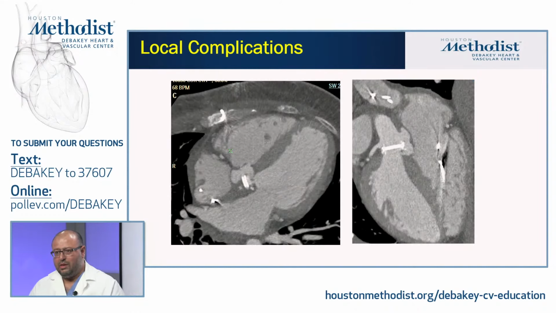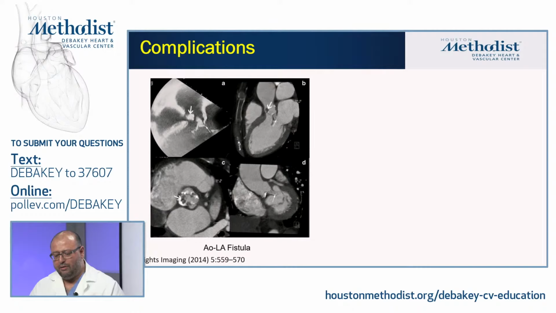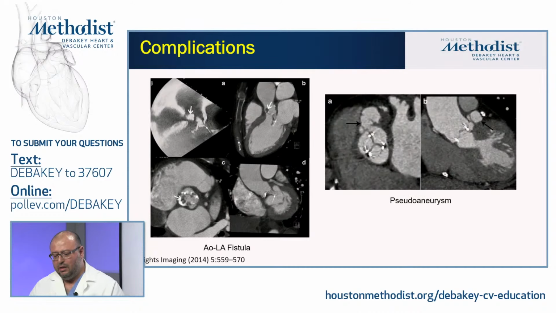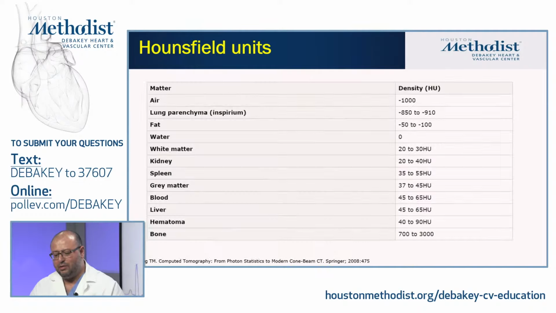So let me show you some of these cases that we sometimes see coming in for CT for confirmation of diagnosis or suspicion by TEE. Here, for example, you have some local complications of abscess and pseudoaneurysms that you can see. You can also look at patients who have a fistula, so this is how it looks when you have an LAO, left atrial to aortic to left atrial fistula, as you see here. We can look also at pseudoaneurysms, as you see in here, and these could be pulsatile if we acquired it in retrospective gating.